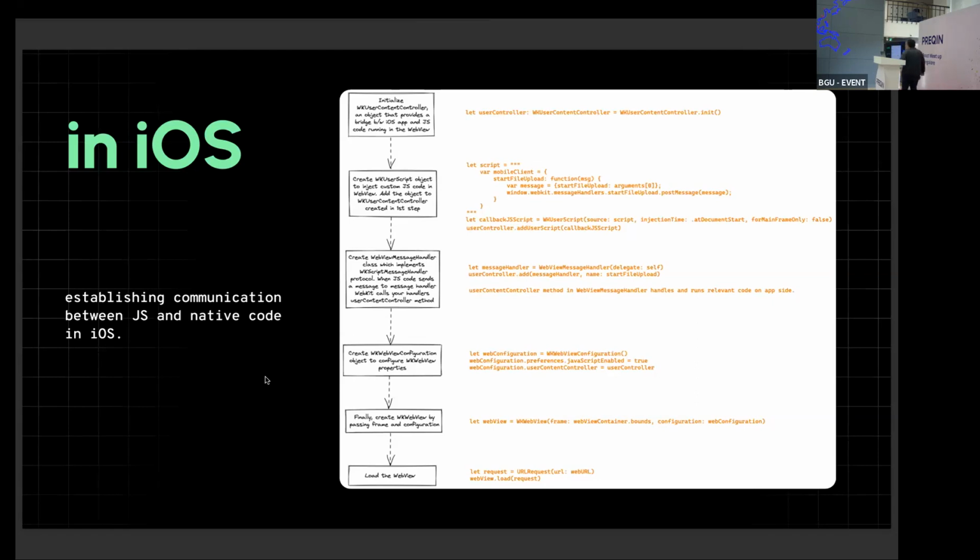So what is happening here? Let's see how you can establish communication between JS and native code in iOS. Let's try to understand it step by step. First you create a user controller, then you create a JS script, again taking the same example, start file upload. You need to expose that method to the web. So you add this to the user controller using the addUserScript API. After that, you create a message handler and you add it to your user controller. And now what will happen is when you call the method start file upload from the web, it will run this line